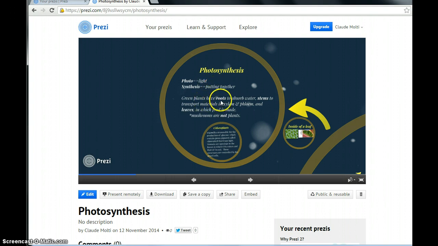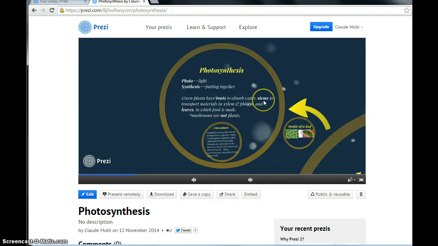Green plants have organs, just like how animals have organs. Or should I just say plants have organs? They have roots, stems, and leaves. The roots are used to absorb water so that the plants will get the water they need to carry out photosynthesis. The stems transport material back and forth, up and down in the plants, like what we have, like blood